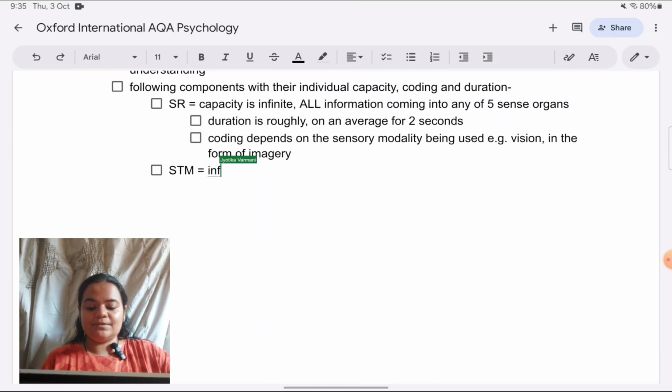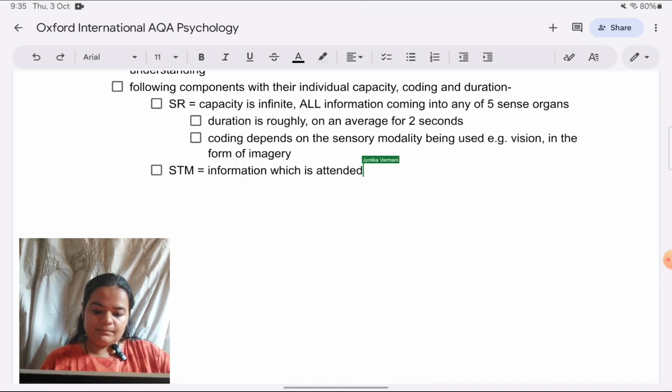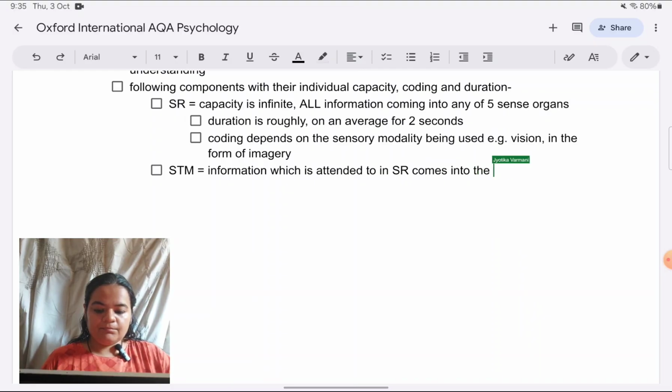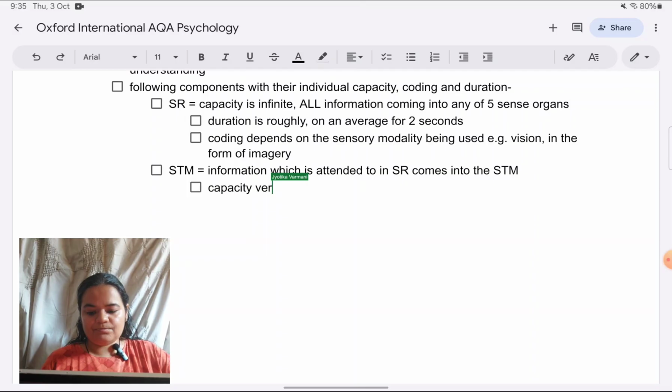So information which is attended to in sensory register comes into the STM. Now talking about the capacity, it is very limited, estimated to be 7 plus or minus 2